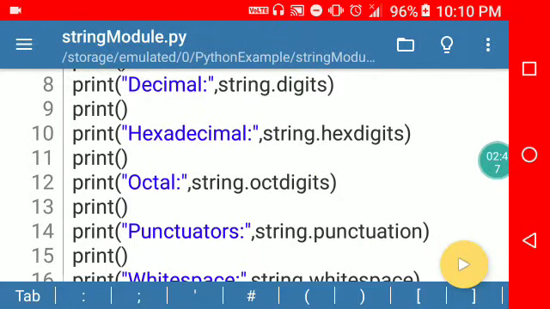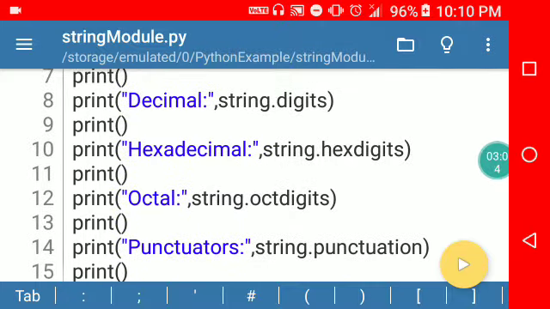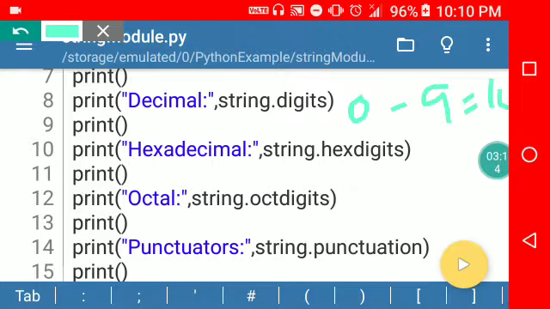Next, string digits. Here digits means decimal numbers. The decimal number system is called base 10 because it has 10 digits. So this command will print 0 to 9, which means 10 numbers.